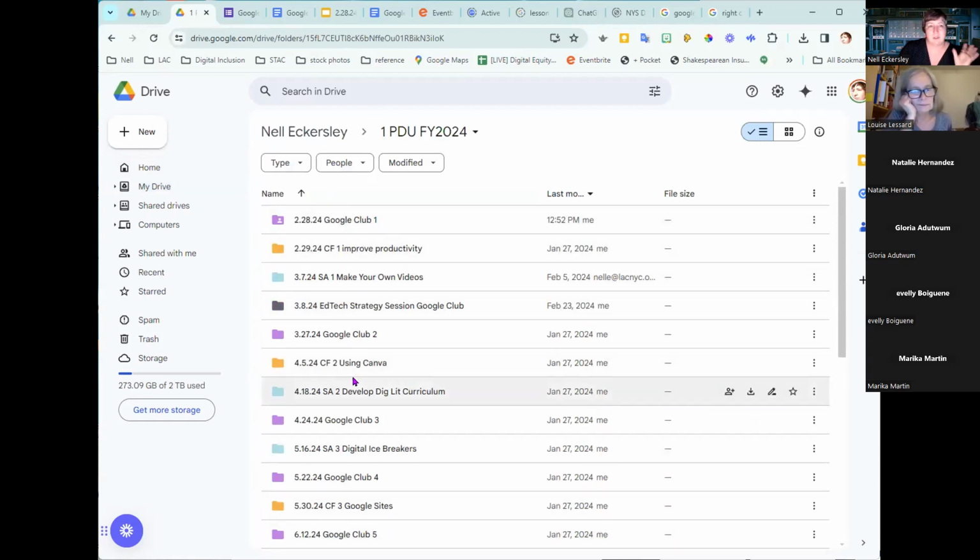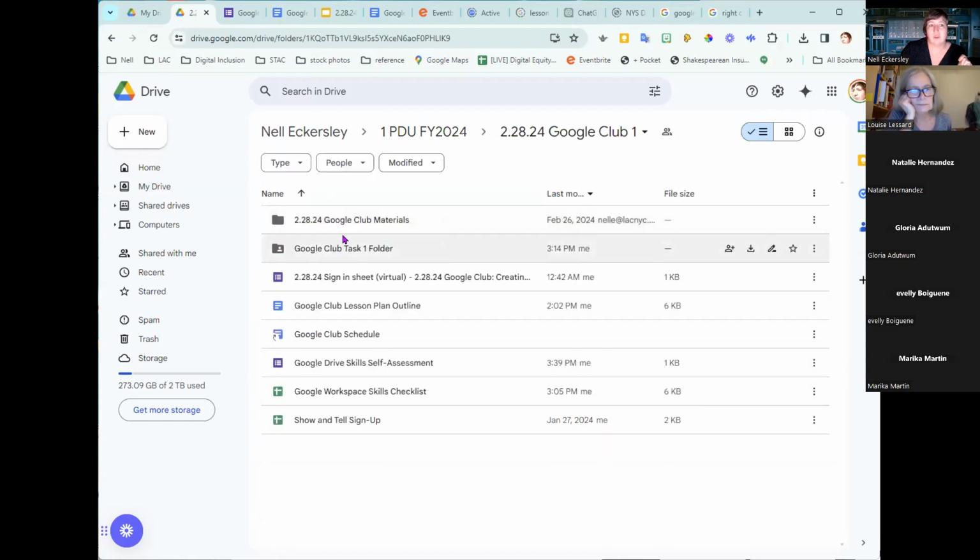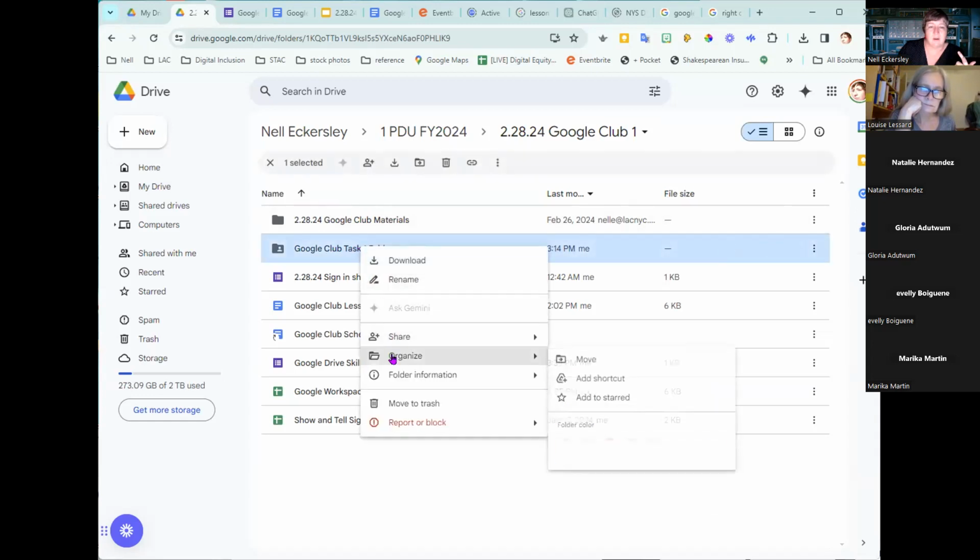That's great. So that's why I put all those folders inside a folder. I understand that logic. Then inside this folder, there are 2 other folders, right? There's the Google Club Task 1 folder. This is where you guys will put your demonstration of your work. Right now, that's fine. I don't need to see it every day, right? It can just stay here. But once you submit your work, I might want to make a shortcut to my drive so that it's going to sit out here.